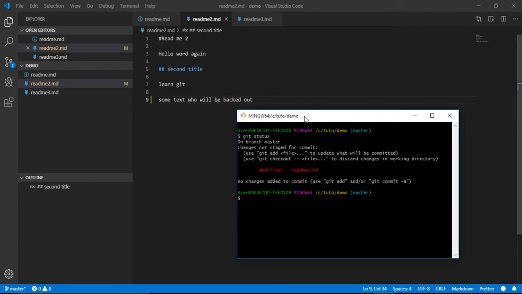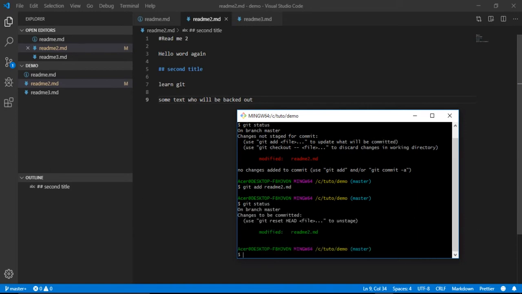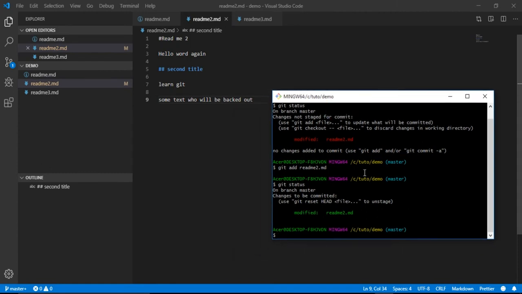First of all, we will add the changed file to the staging area, and in this case we have readme2, so we will do git add readme2.md. We put it in the staging area, hit enter. So let's check again with git status. It shows that our file is now in the staging area,